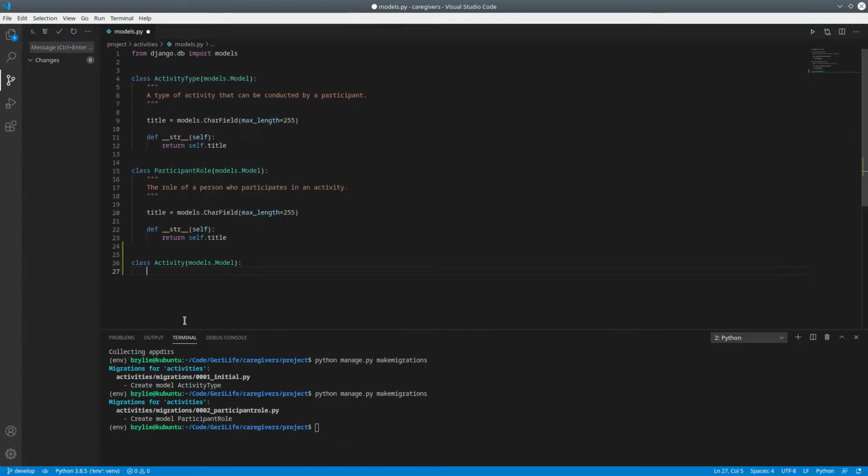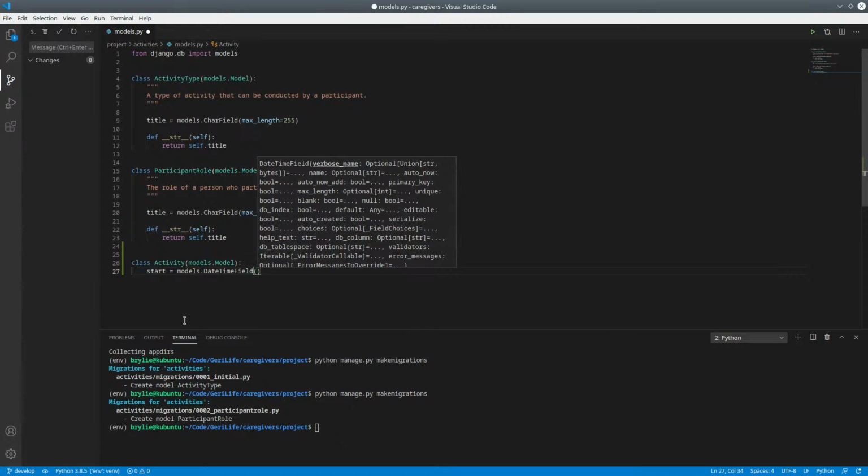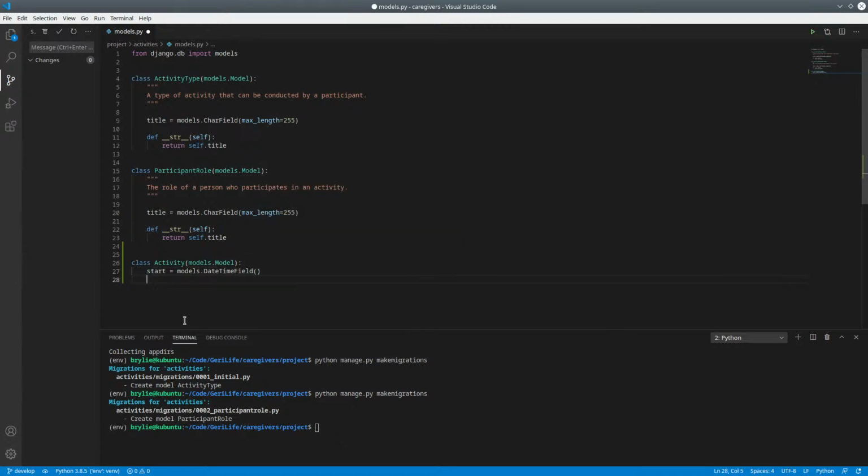So I believe these will have start and end fields on the models. So activity start, and I believe this would be a DateTimeField. Activity start and end, and we're going to load this in the Django administrative UI in a moment, so you can see how Django automatically gives you a form and interface to input data and sanity check your model really quick. So I believe activity end equals the same DateTimeField,